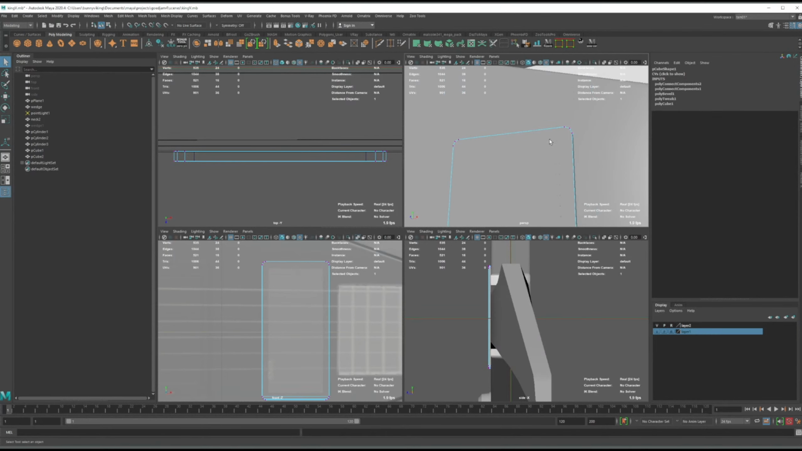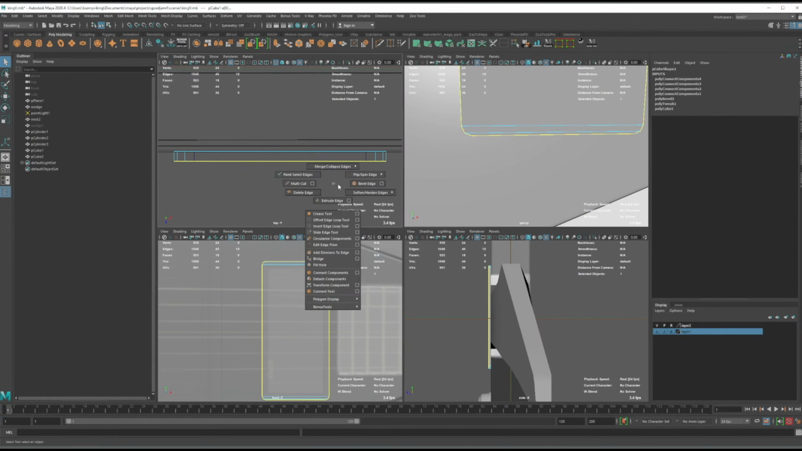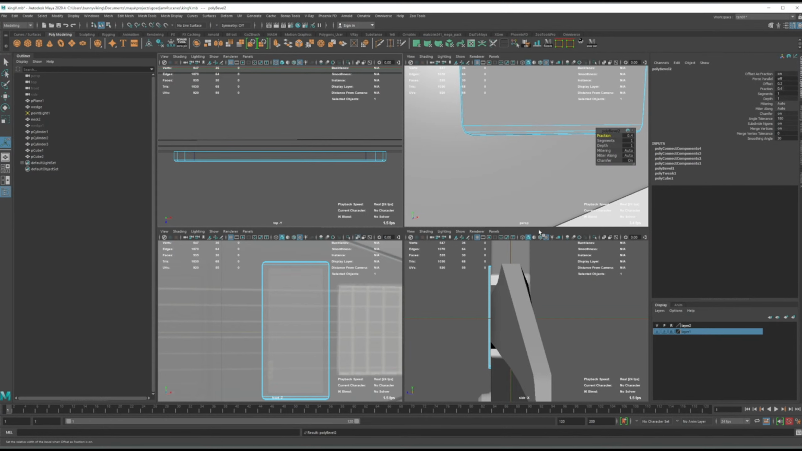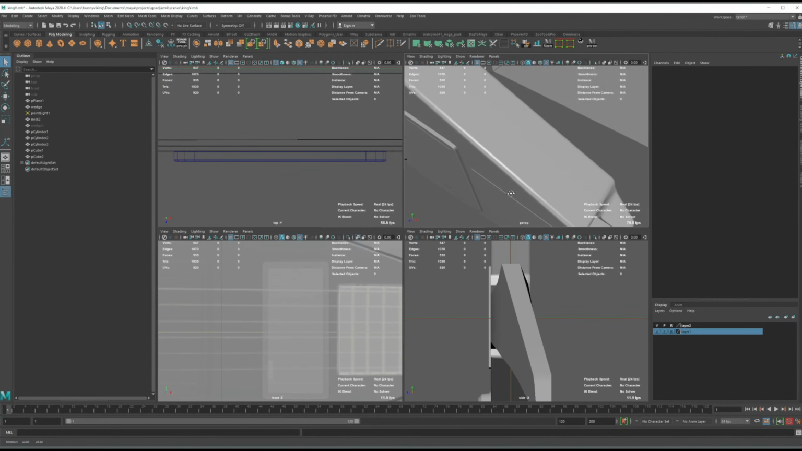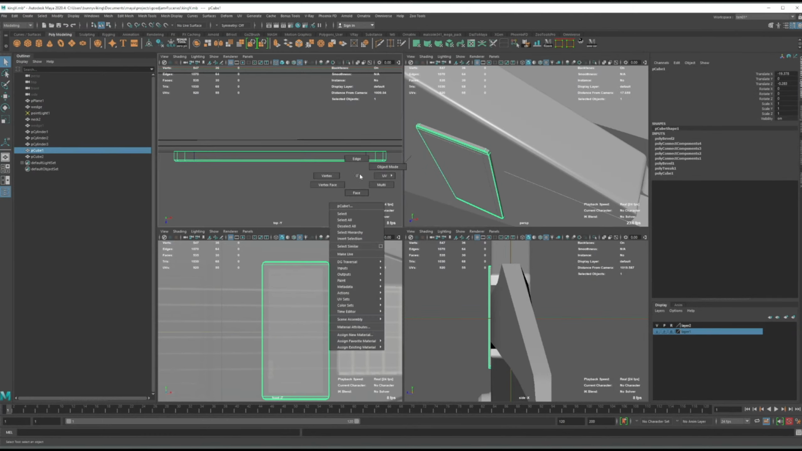So just rounding off the edge of the base of the pickup. And then we'll grab all the top edges of that. And bevel those slightly. So we get just a nice little box here. And then